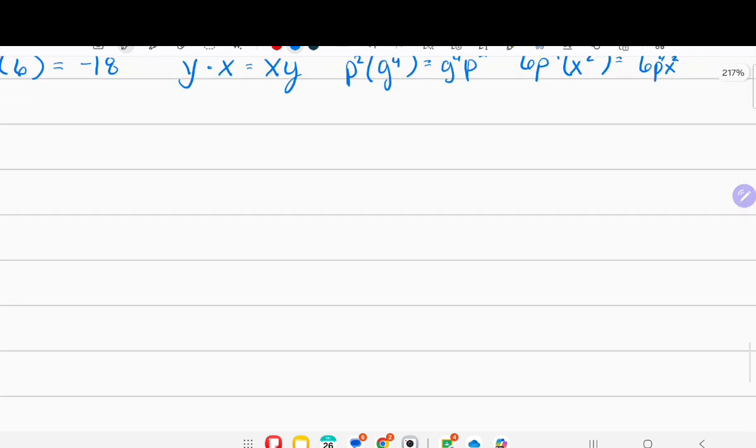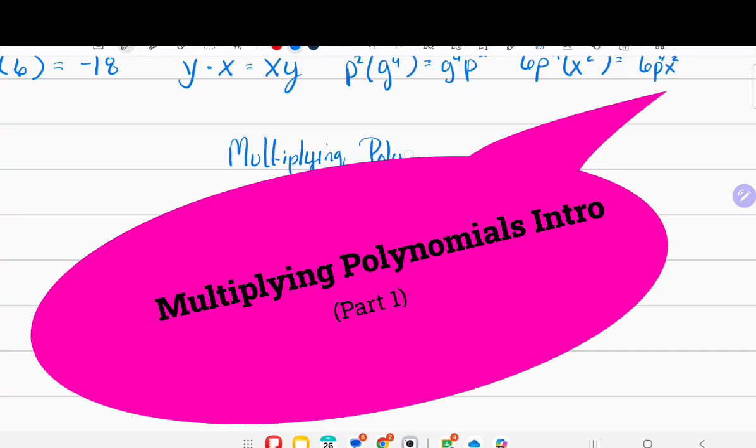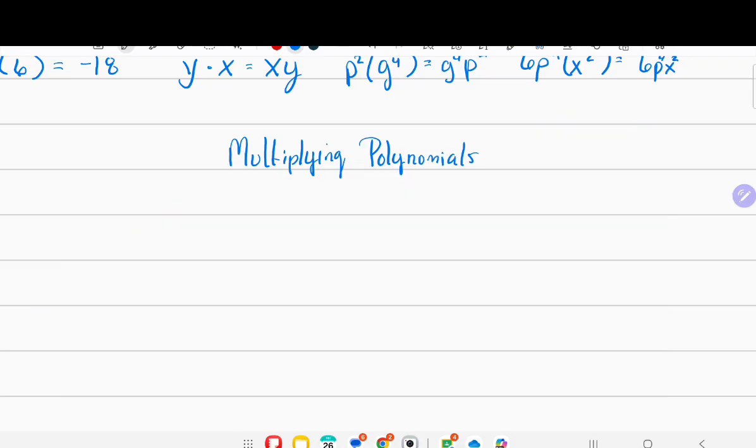In the middle of the paper at the top, this is called Multiplying Polynomials. All right. Now, if you have two polynomials, you got a poly here and a poly here, and there's a plus sign, that ain't multiplying polynomials, is it? That's what? That's adding polynomials. Now, if you have a poly,